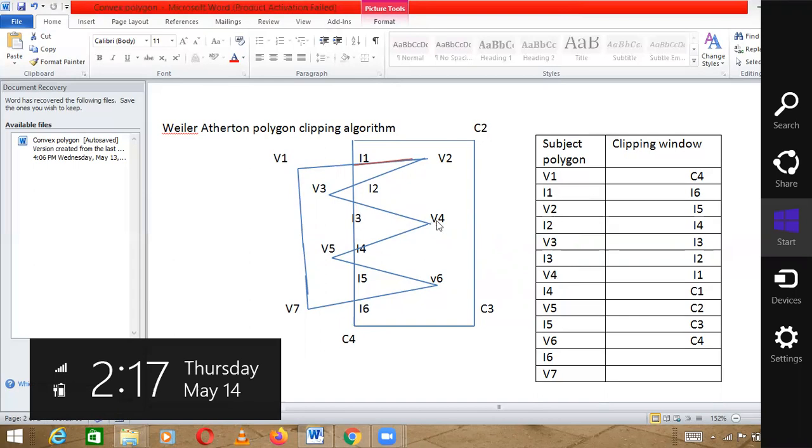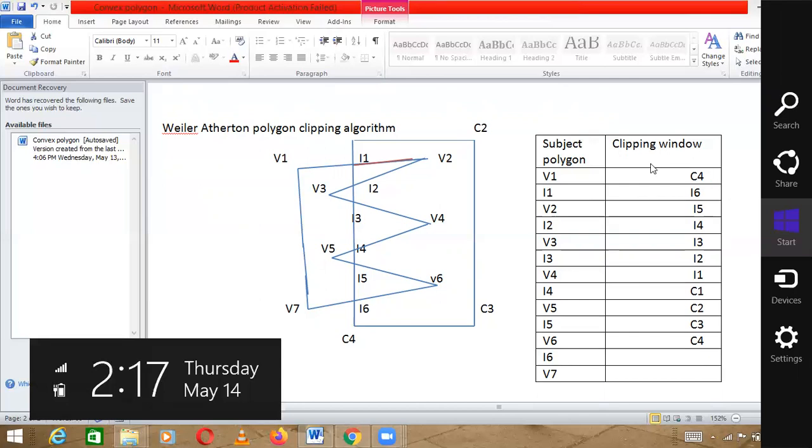Then v4, i4, and v5. Then v5 to v6, and in between we have i5, so v5, i5, v6. And now v6, i6, and v7. So I've written all the points here. First of all, we have to make this table.